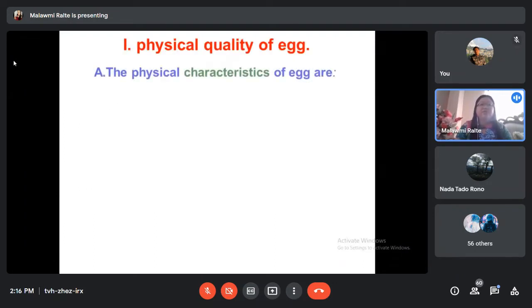So let's see the first one, that is egg weight. The weight of the egg is influenced by the species, breed, plan of nutrition,